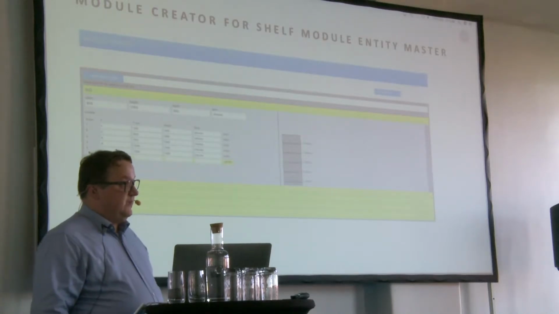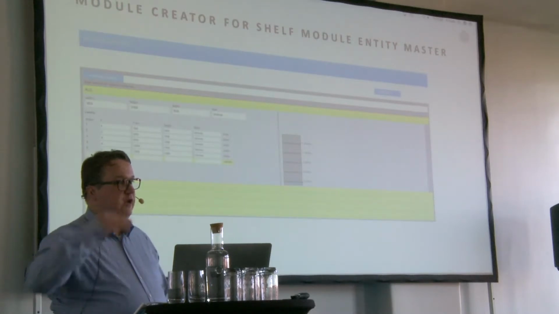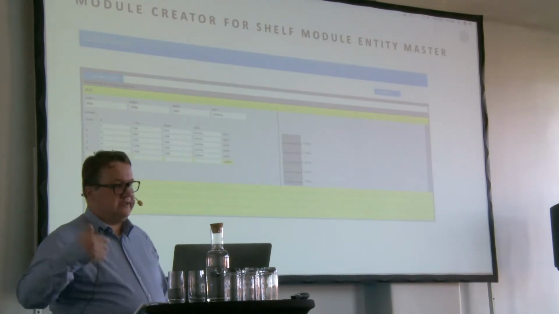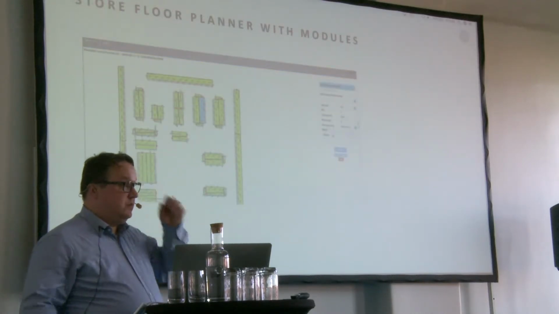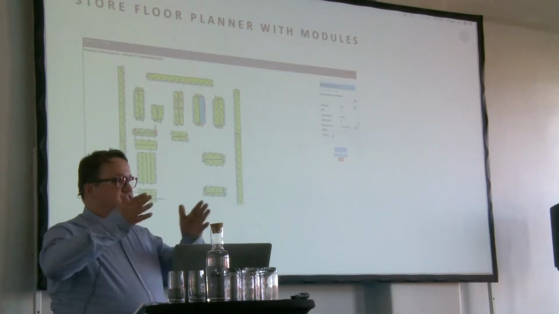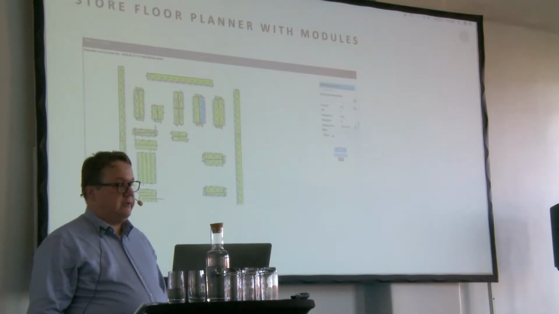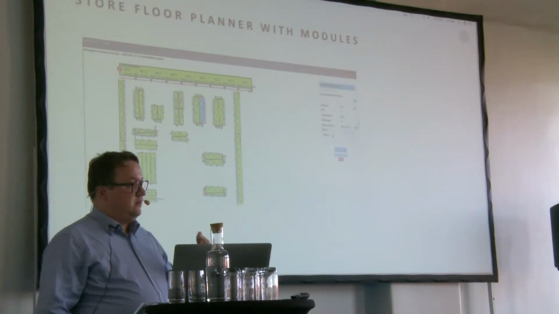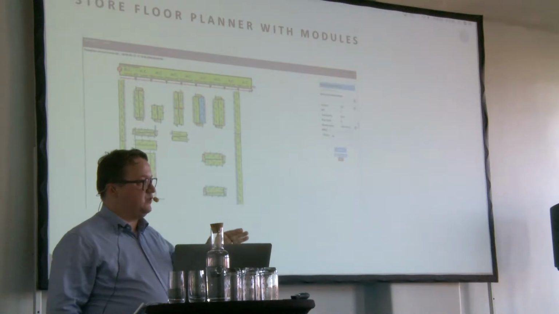So this is the simple, easy to use user interface for setting up the shelves. How many shelves for certain category, what are the levels, what are the depths, etc. And this view is meant to gather and maintain the information regarding all of the shelf modules and all of the shelf bays there are in the layout of the individual store, and also one additional information, the order in which the customer faces the individual shelves, and also how they face one individual shelf, in a way that we can understand which